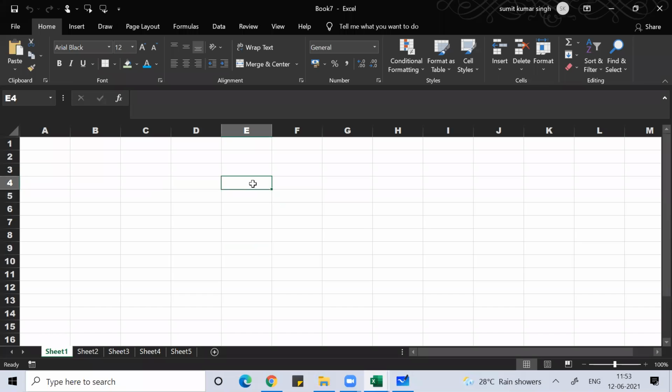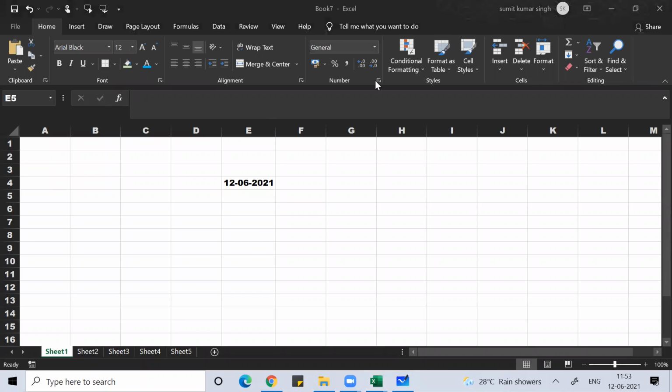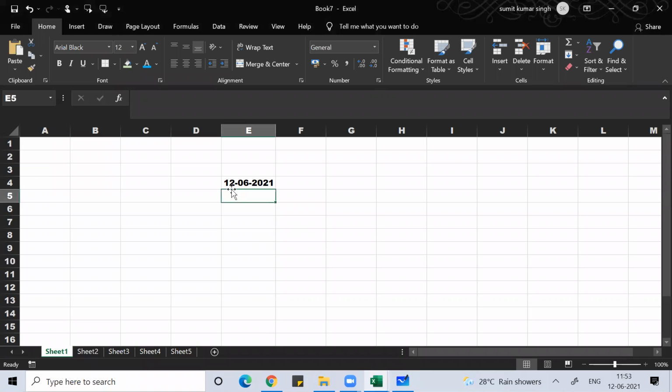Okay, so here if I want to know the current date, what is today's date? To get today's date, you can press Control semicolon. If you press Control semicolon, you'll get today's date very easily. What is semicolon, sir? The key you see next to L. Next to L, can you see one key? That is the semicolon key. So if you press Control semicolon, you can get today's date.